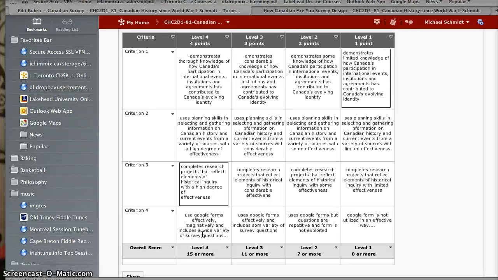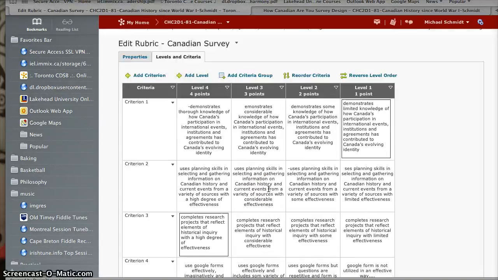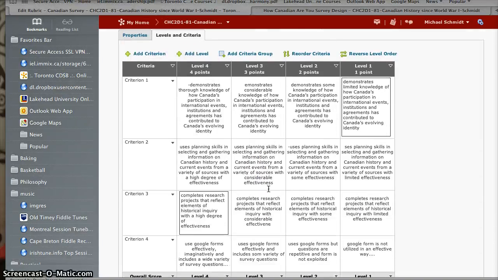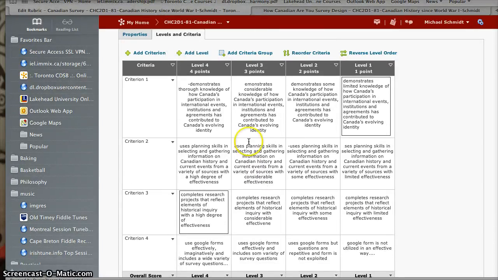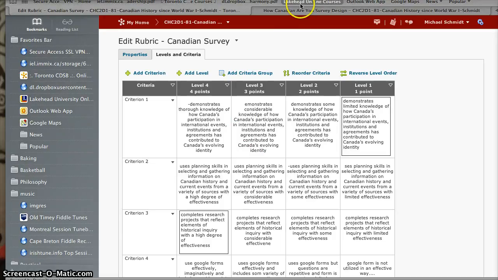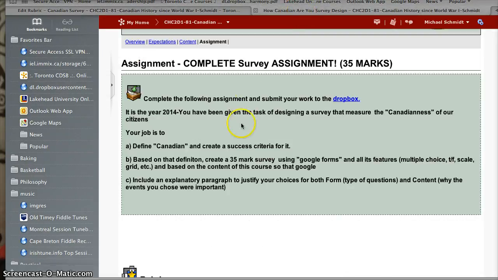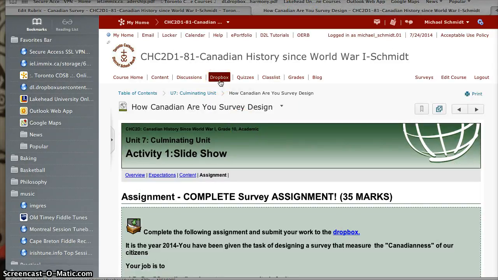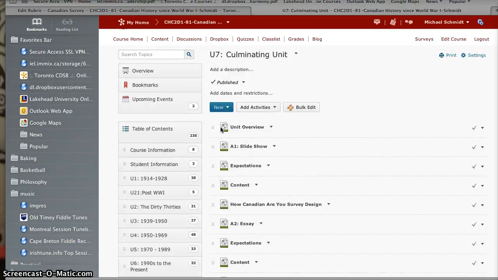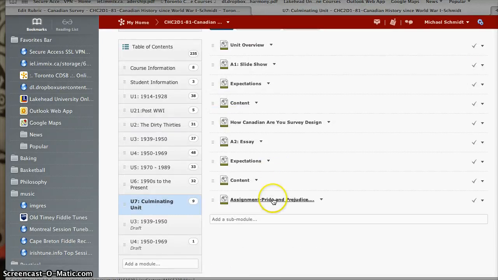Okay, so I think that's pretty clear. If you have problems with what I just said, or you need clarification, let me know. So let's take a quick look at the other one. Again, same type of idea. It's almost a traditional project. It's almost a traditional essay, but it's not quite an essay.